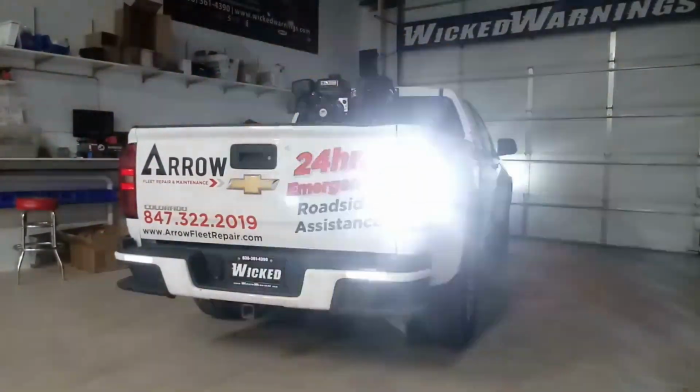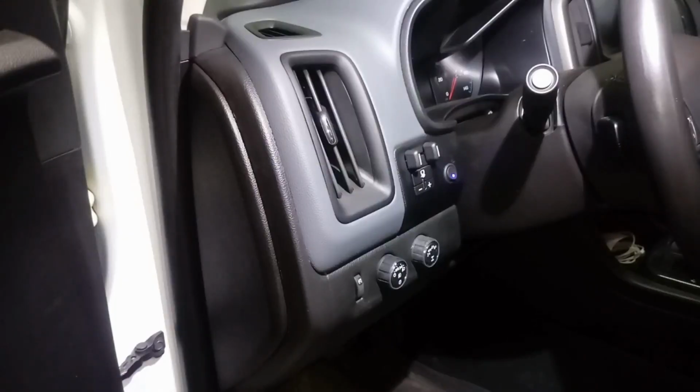I'll show you where we put the switches. Here you can see we mounted our 3/4 flush mount switch right there next to the trailer tow controller. There's not a whole lot of space in this truck to mount switches, but we were pretty happy with the